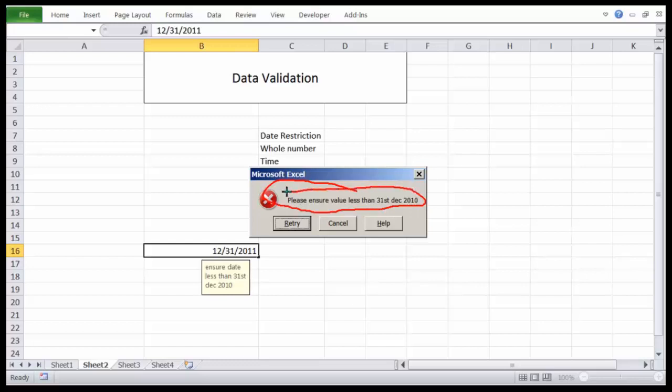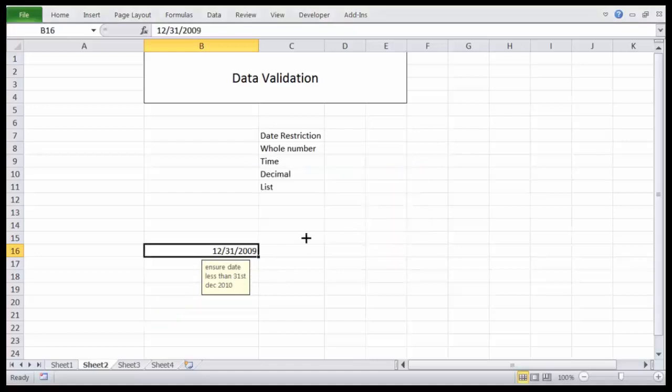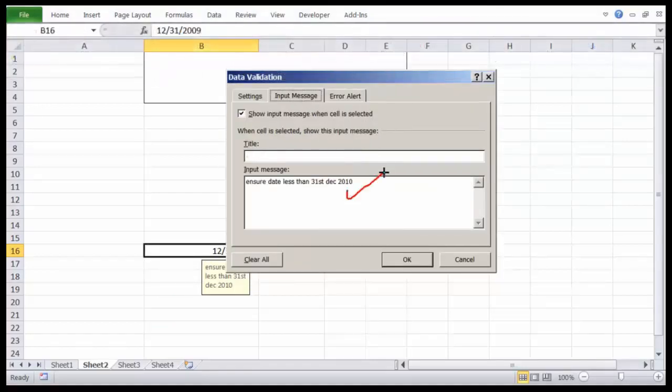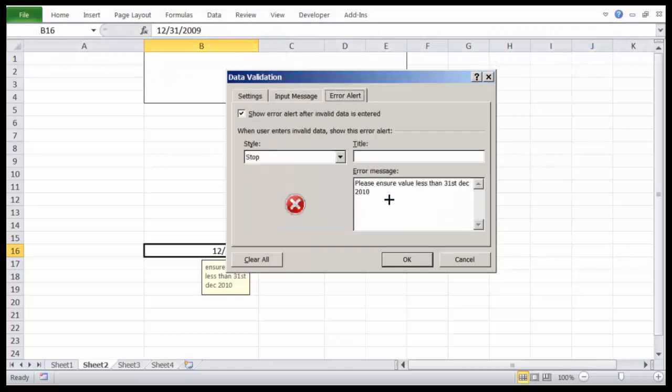So whenever you are using any data validation for a constraint, like the value should be less than, greater than, in between, etc., it's important that you give the prompt and also change your error message. So input message should be appropriate, error alert should be appropriate.